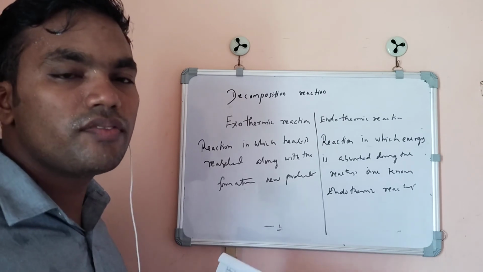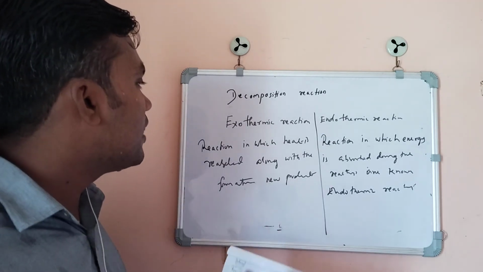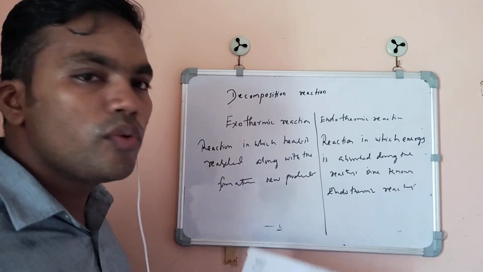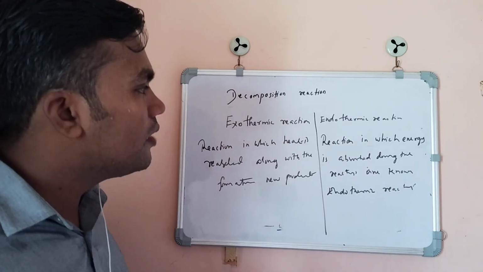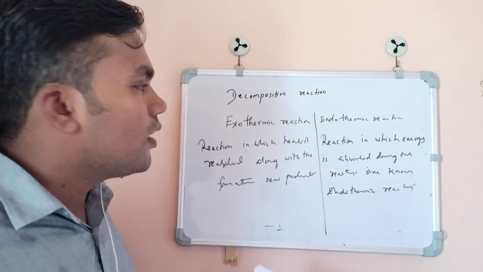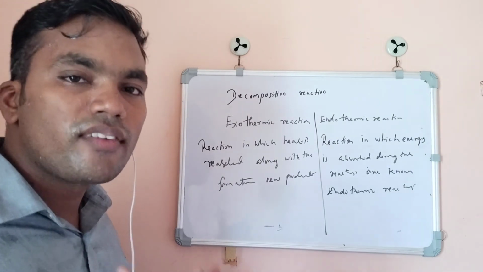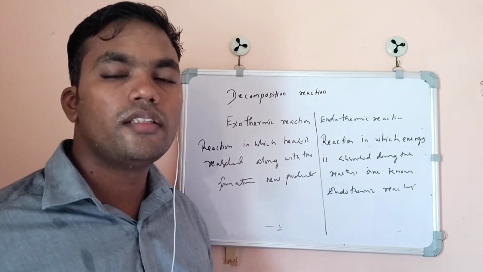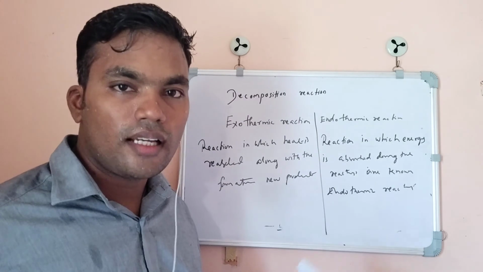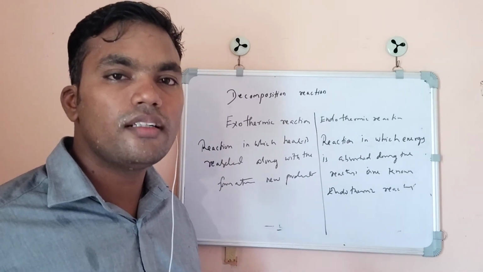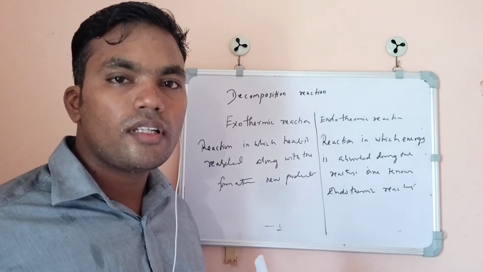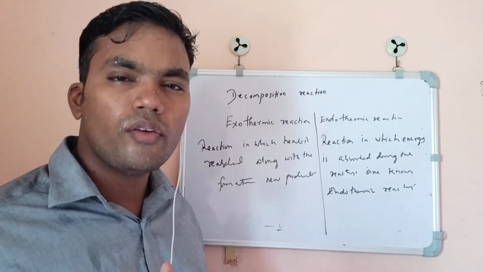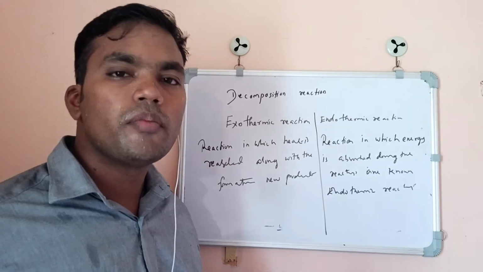In the combination reactions we have seen, the reactions happen in an exothermic medium. In the case of decomposition reactions, energy is absorbed, which is due to the endothermic reaction. In this video, you have completely understood the basic concept behind decomposition reactions with examples. In addition to this, you have learned what is meant by exothermic and endothermic reactions with examples. I hope you have learned some new information from this video.